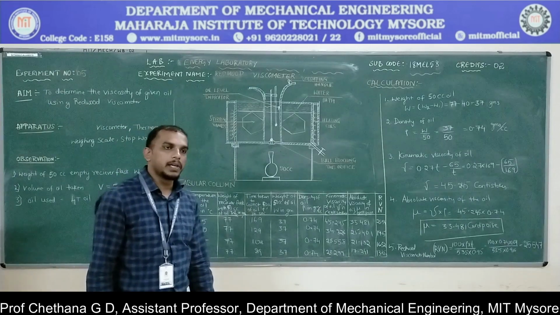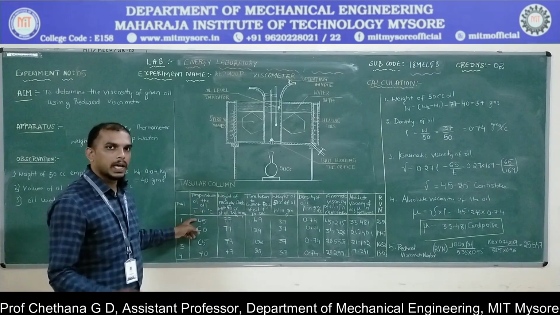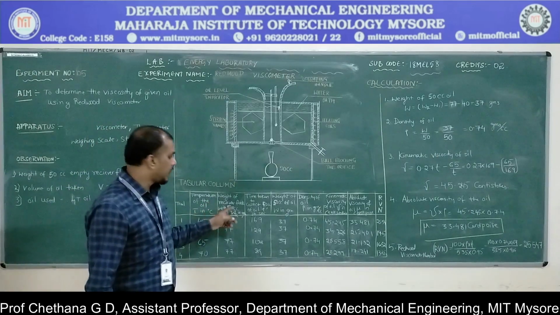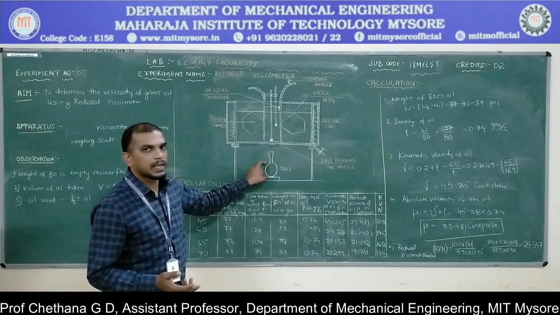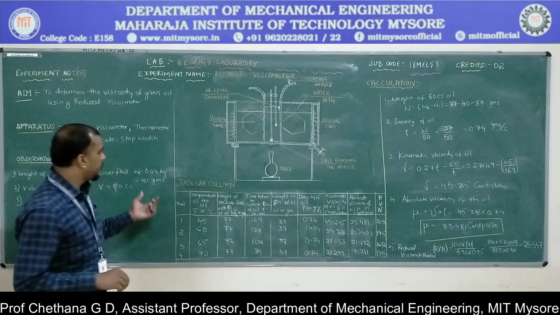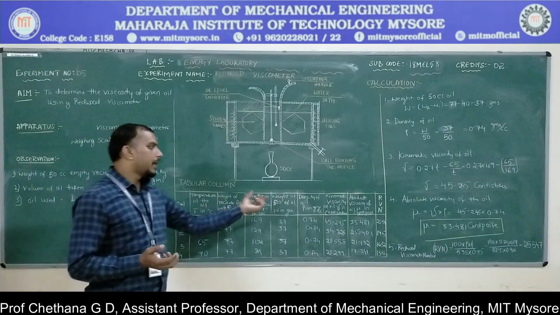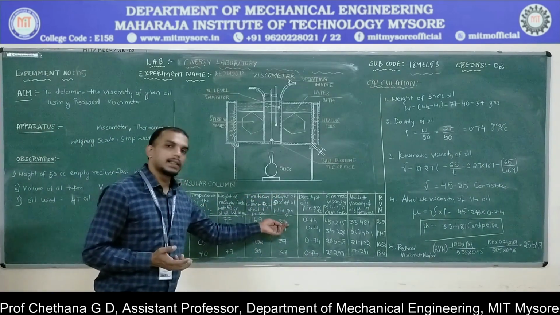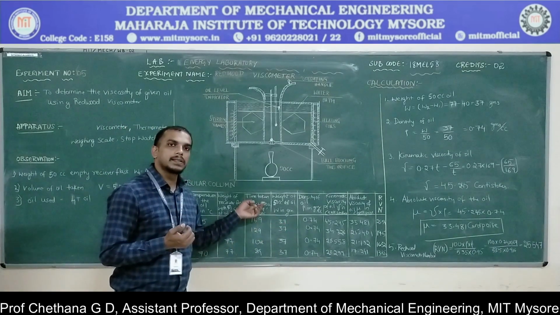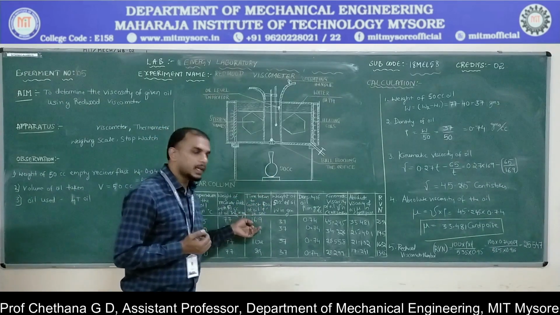Let us look at the tabulated values. First we go for temperature of the oil. We are conducting the experiment for 45 degrees Celsius. Weight of the receiver flask with 50 cc oil. That means after collecting this, you are measuring, it is coming out to be 77. But initially we measured the empty flask weight, which was 40 grams. So obviously the weight of the oil which is collected is 37 grams. Then we noted down the time taken for 50 cc oil to be collected in this flask, that is 169 seconds.